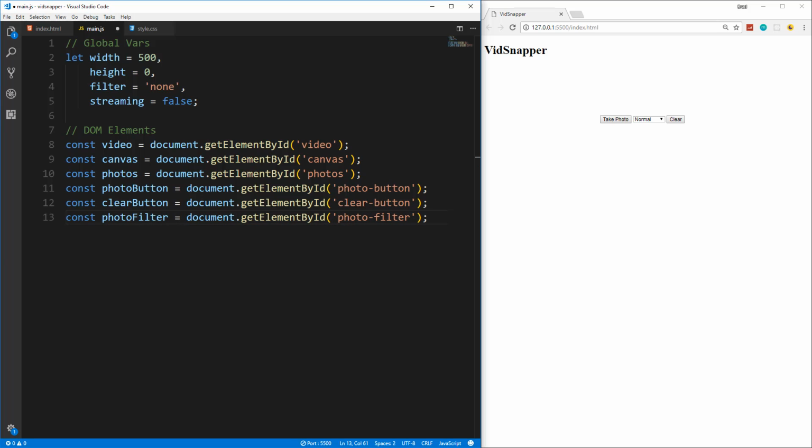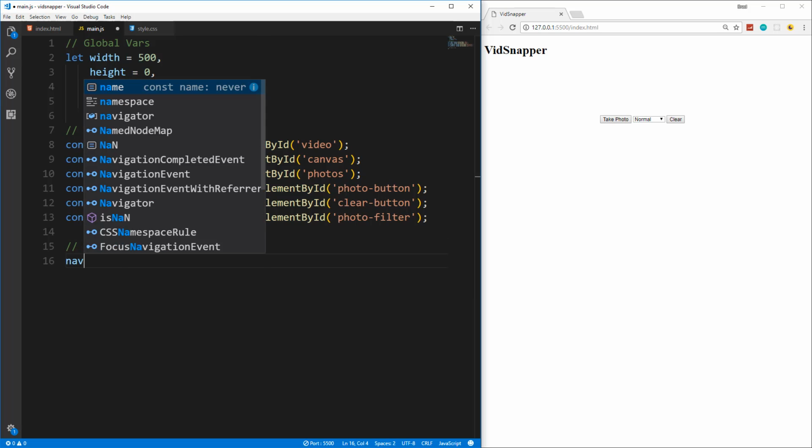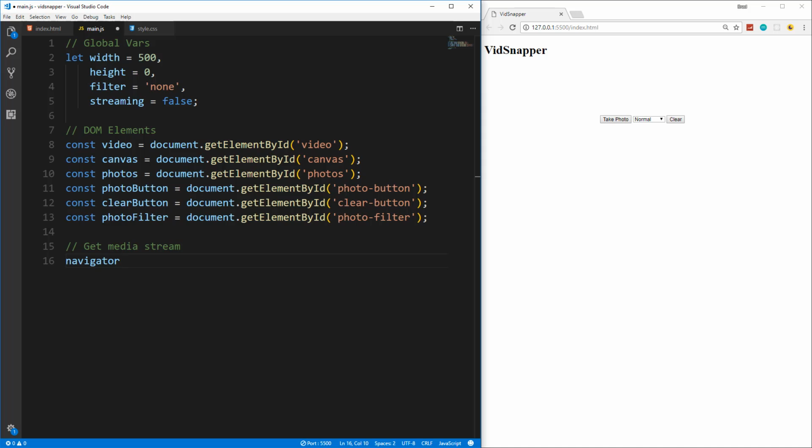Okay, so there's our DOM elements, our variables. Now we're going to get the media stream. Okay, and this is where we use our getUserMedia method, which is part of Navigator. So we're going to say navigator.mediaDevices.getUserMedia. All right, now this takes in an object, and this is where you define if you want the video